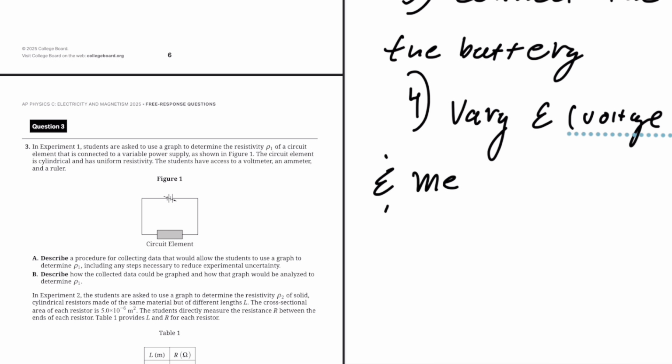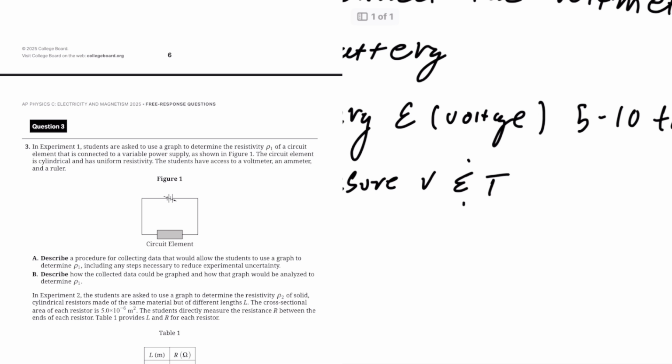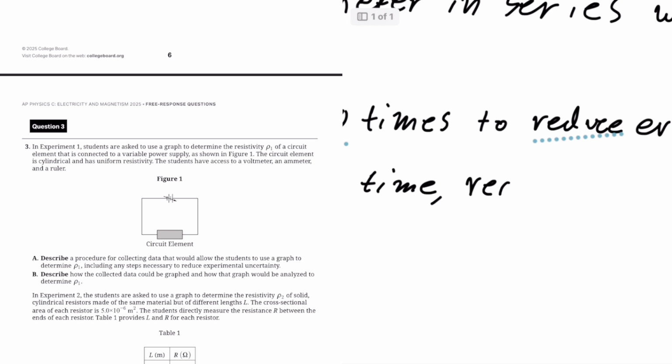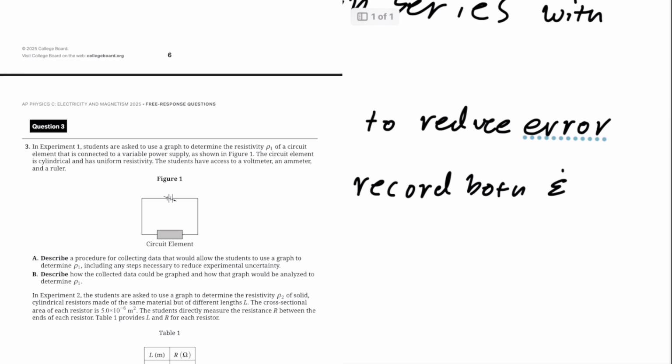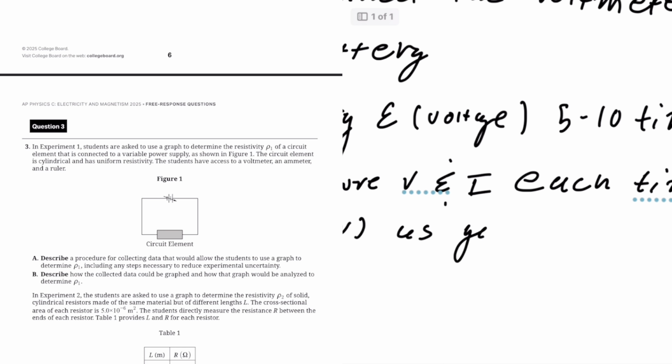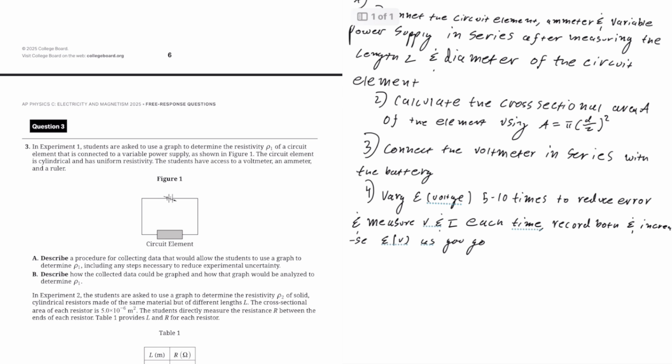And measure V and I each time. Record both and increase voltage as you go. Done. My handwriting's bad, but the general idea is that if you increase the voltage, you